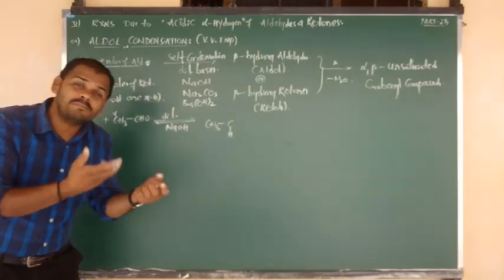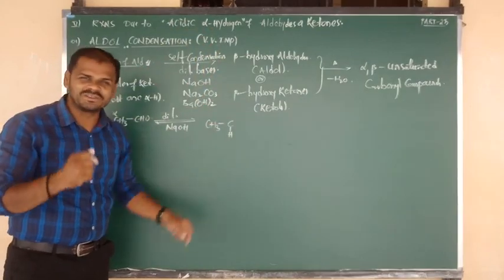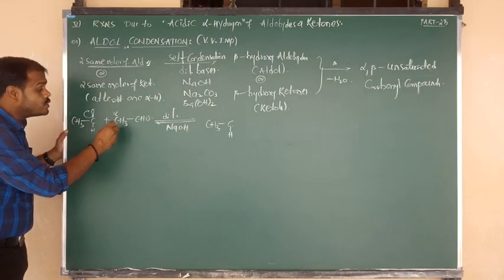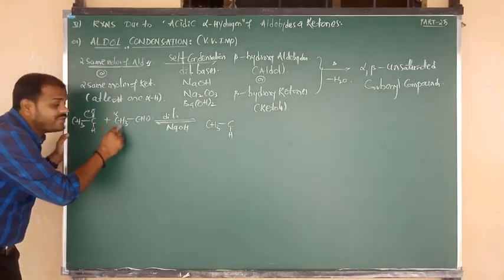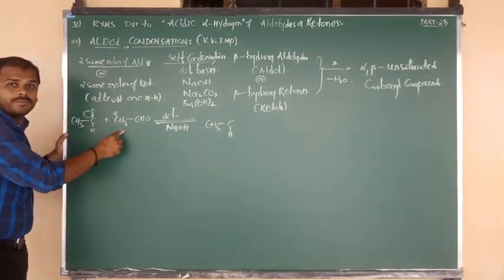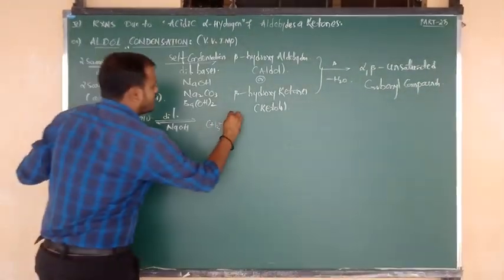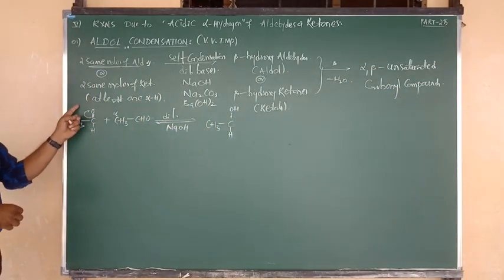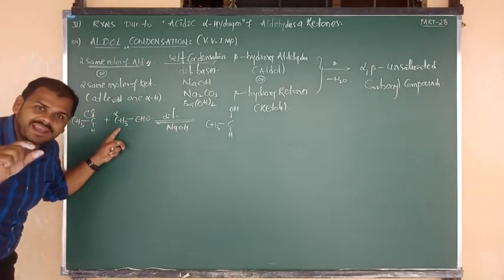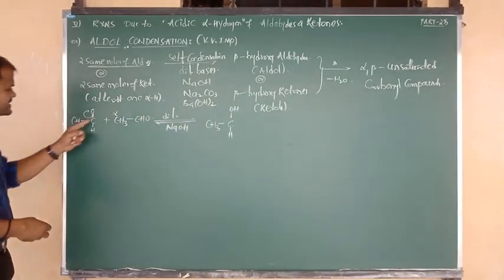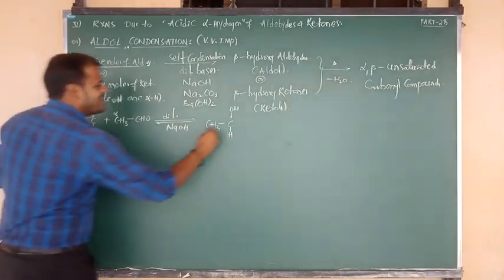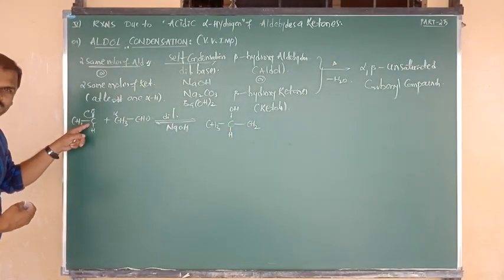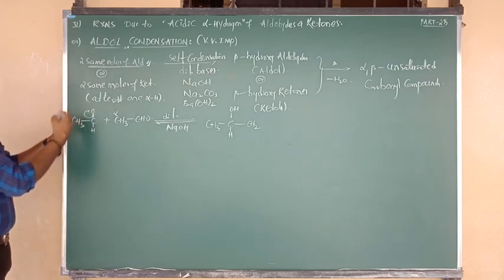Minus means it will accept the plus. Which plus? Acidic alpha hydrogen. So from the next molecule, here alpha CH3 is there na, beta. So one of the alpha hydrogens, one of the H plus ions from the second molecule shifted to O. Nothing but O becomes what, Nana? OH. So after the loss of H plus, CH3 becomes CH2 minus. Such a CH2 minus attacks upon the central carbocation. So the central carbocation is attacked with what, Nana? CH2.